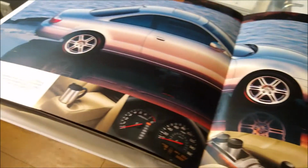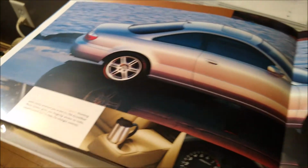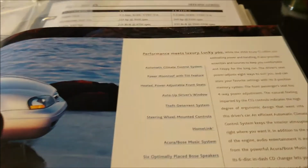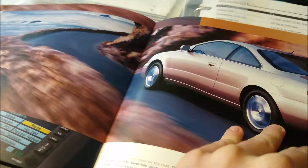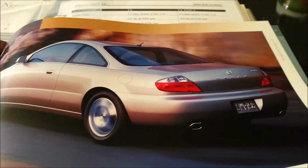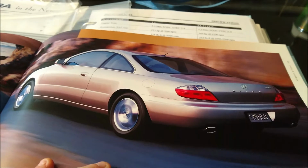You can see it was a very sports-oriented car back in the day with a luxury to it. Really supposed to up-rival the BMWs, which were considered predominantly the aspiring car to be, from both a manufacturer and from an owner's perspective. You wanted to have a BMW in your fleet because they were considered the driver's car, and this is Acura's closest attempt to put out a very good GT coupe,